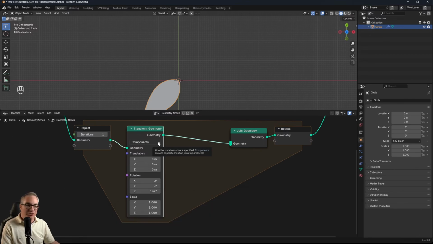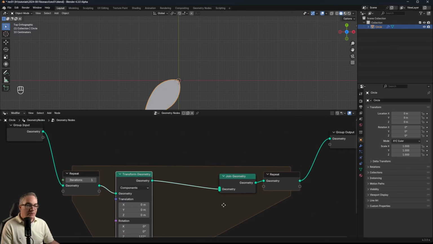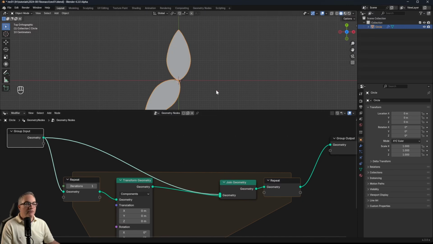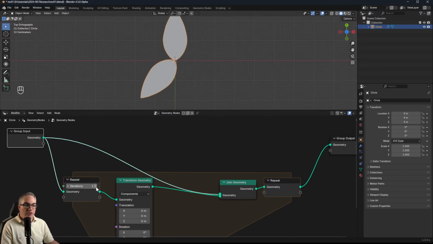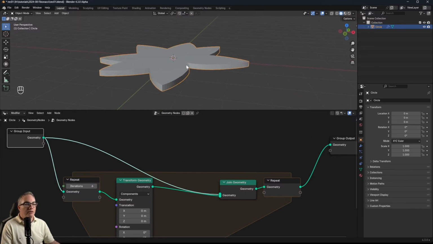It's sort of a magical number. Okay, so we have one leaf, we rotate that around, and in that first single iteration, we then add our original leaf back in. Okay, so if we do this multiple times, we get this very natural looking